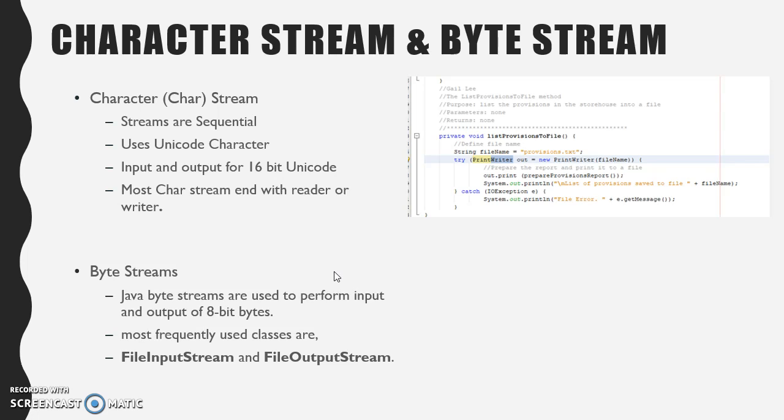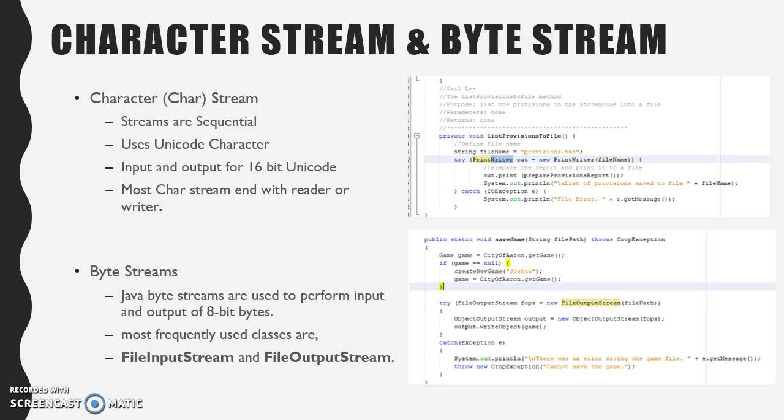The byte stream here is the Java streams used to perform output, but the input and output is 8 bytes. And these classes are called FileInputStream and FileOutputStream. And here's an example of that one. This is in the save game area. And so what it does is throws